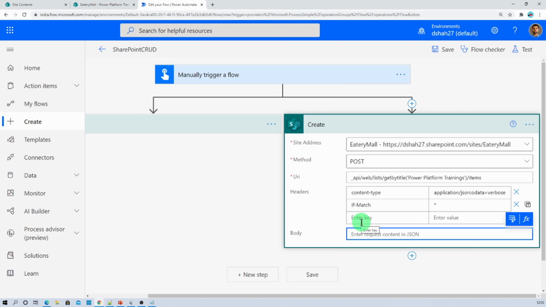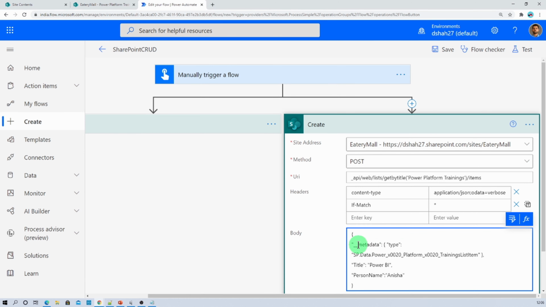So let's say, for example, first of all add two curly braces. Then the first parameter would be underscore metadata, and inside that the type, SP.Data.list item. So basically SP.Data would be common for you. The only thing that you need to change here is your list name, Power Platform Trainings.